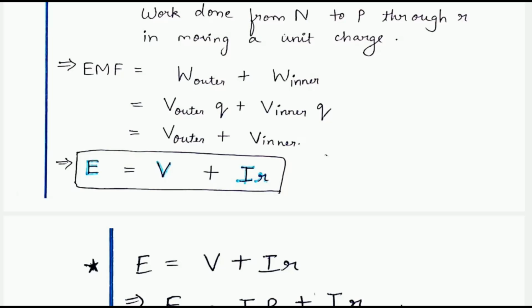Hari Om. Today let us try to derive a relation for the internal resistance of a cell. As we have read, a cell consists of two electrodes and an electrolyte solution. Out of the two electrodes, one has many free electrons and the other has a deficit of free electrons. So electrons move from one electrode to the other in the presence of an electrolyte solution, which creates a current in the circuit.